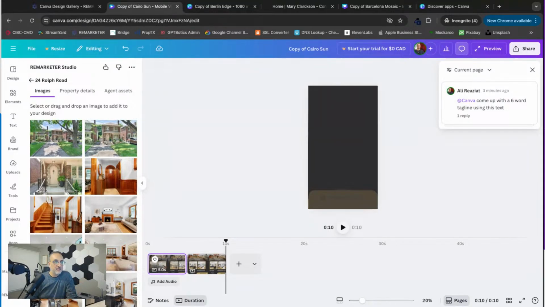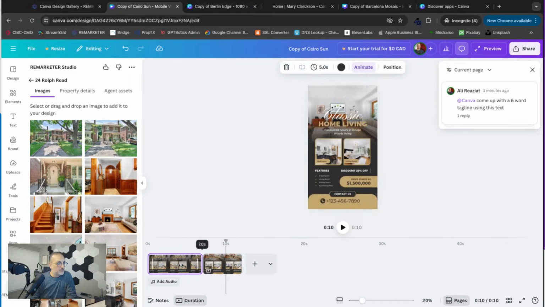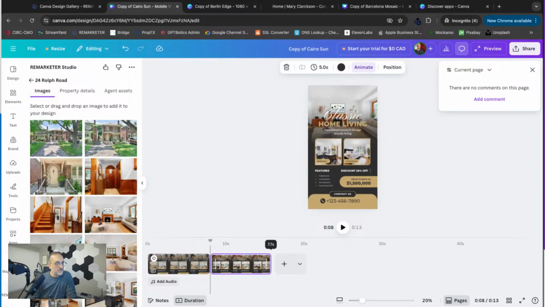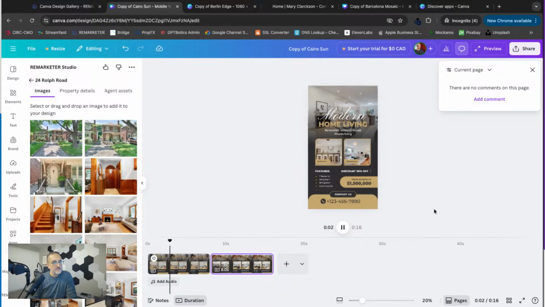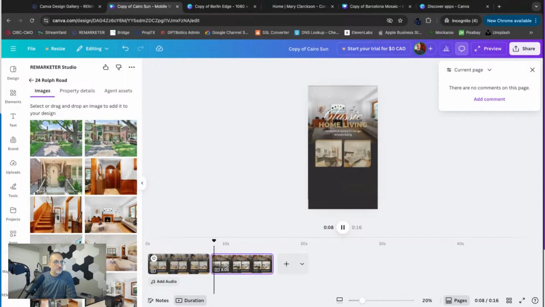You can add different sections. You can add different slides basically to this reel. And now I have 5 seconds here, another 5 seconds here. I have a 10-second reel that displays two properties for me. So you can change the duration as well. Let's change this one to 8 seconds, and then this one to another 8 seconds as well. Let's play it. So 8 seconds now. It stays on a little bit longer, goes out, comes out with a different property,